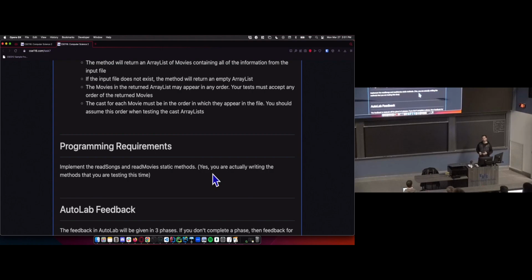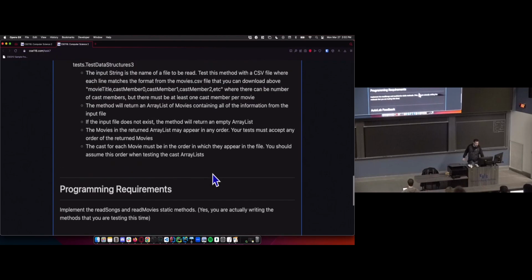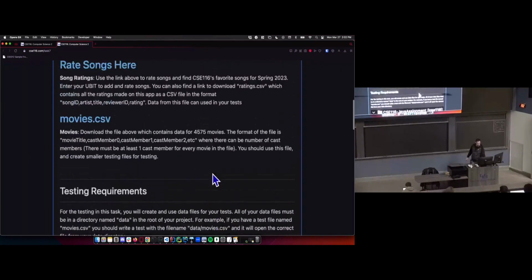So the workload, instead of Task 4 being a lot of the work of 3 different tasks, we're just spreading that out and just having 3 tasks that are all fairly similar in the amount of work that they require. Whereas Task 4 was way up here, then Task 5 dropped way down, and Task 6 was a little higher than Task 5, at least in my opinion. Task 7, 8, and 9 will be fairly straight in terms of difficulty. Maybe not. Task 9 is going to be a little tough. But anyway, so Task 7 is all about reading files.